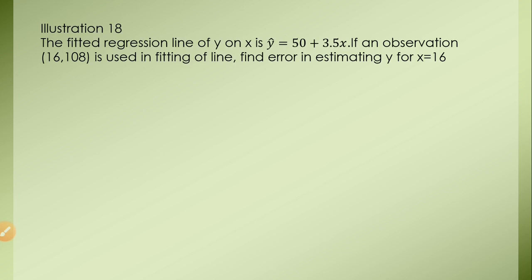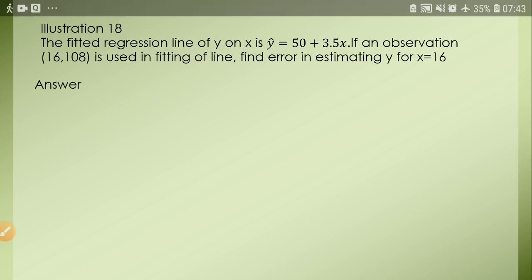Regression line, you can see y cap is 50 plus 3.5x. Now the observation (16, 108), what does it mean? 16 is x and 108 is y. Agree? Yes. These observations are actual data. They have told you to find the error when x is 16. So first of all, what we will do,